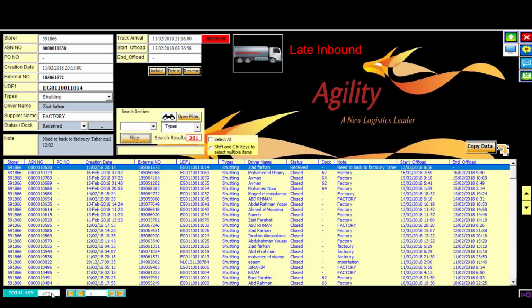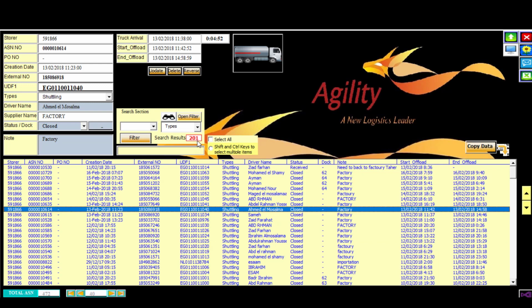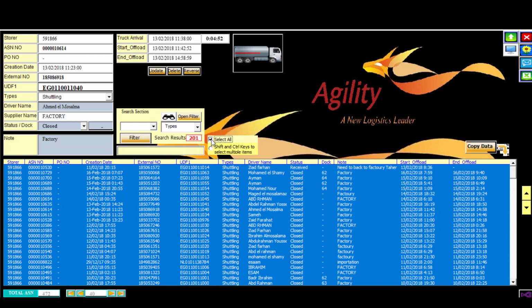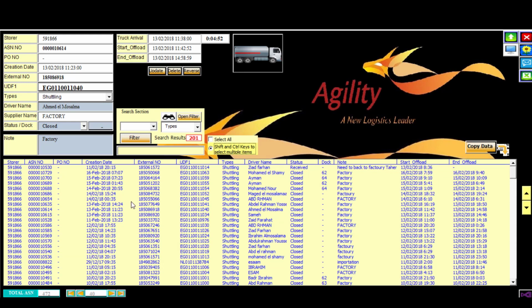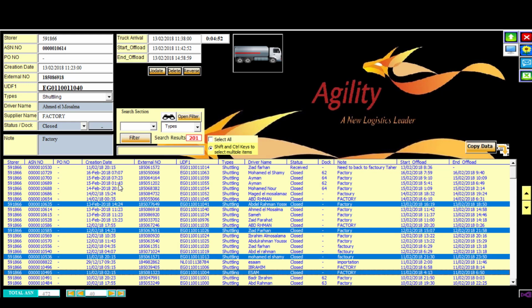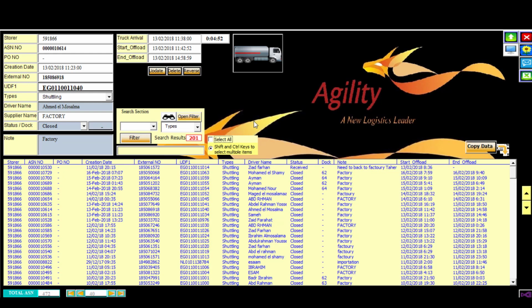we have 472 shipments. Okay, 201 lines. Okay, we can press select all if we need to make an update for all. Shift and control, we can press on this and select multiple lines, not select all. Okay,